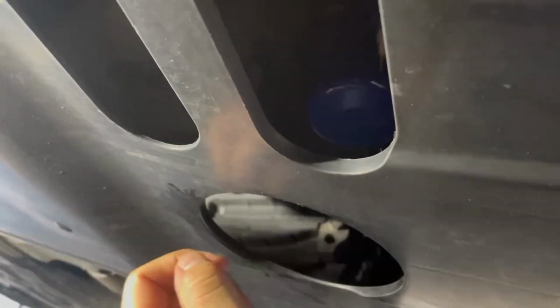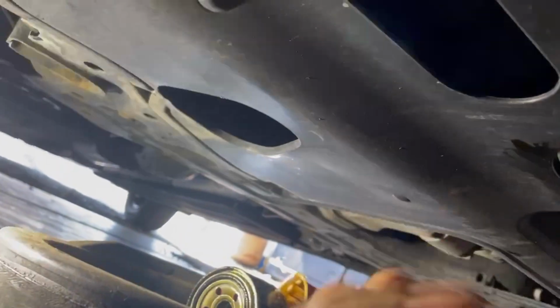sorry about the light, I don't know why that does that. Get it on there. Hand tight, you know, real snug. Hand tight. Don't grab an impact. So that's good. So we just gotta put our drain plug bolt in our pan, and then